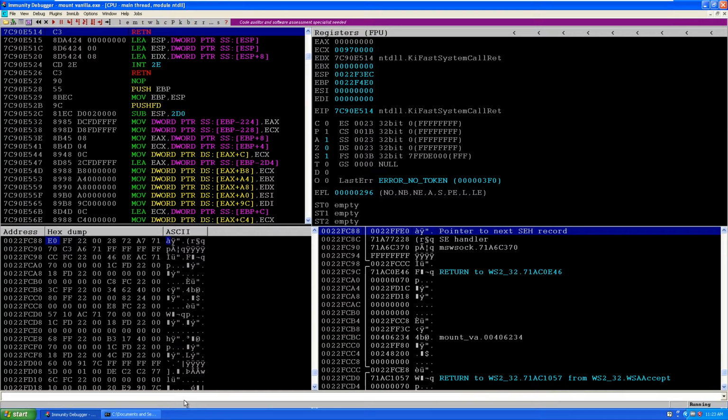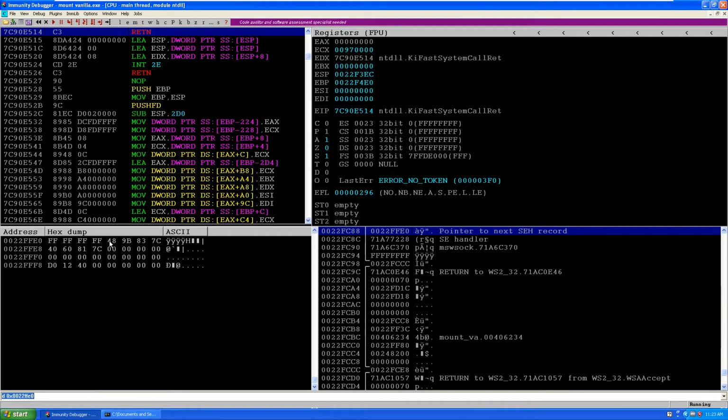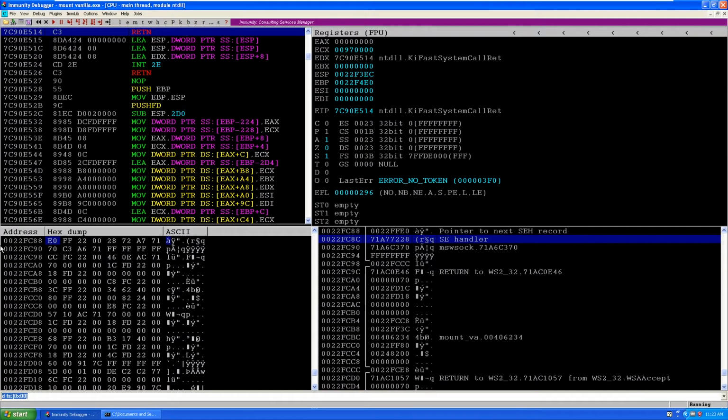Let's dump the content at this address, 0x0022FFE0, and if you hit enter, you can see this is all F's. This is the address of the Windows SEH handler. You can also type dump fs:[0x00], and if you hit enter, you will get the same value. This is this one. You can see this in the return area, byte address 0022FFE0. This is the first handler, the address of the first handler.